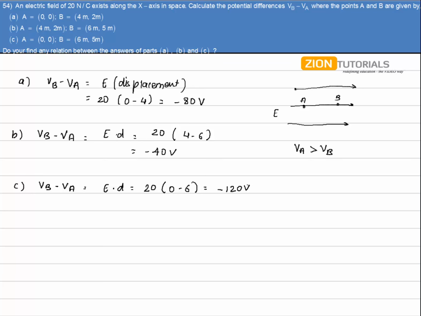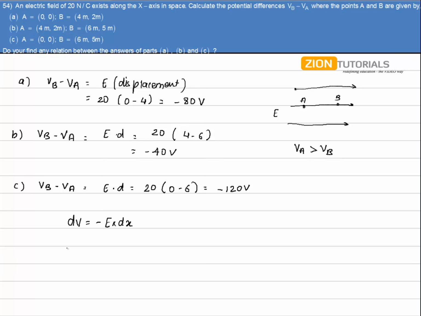Now the one thing to note is that in all three answers the potential difference is coming out negative, which is because the potential at point B will be less than potential at point A, so their difference will be negative. Now we do have a relation between the answers of part A, B and C. We see that the answer is coming out to be negative and it is directly proportional to the change in displacement. So the relation between the potential and electric field will be dV is given by minus of E into